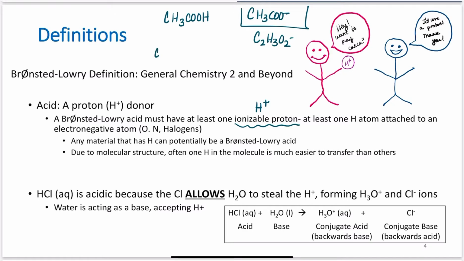So acetate has this carbon with 3 hydrogens attached to it. That carbon's attached to another carbon, which has 1 oxygen and then 1 OH-. Why is it acetate? Because it has a -1 charge. Truthfully, this originally started out as acetic acid. It just lost this proton. Why did it lose that proton? Because if I draw it with the proton missing, if I actually draw acetate instead of acetic acid,